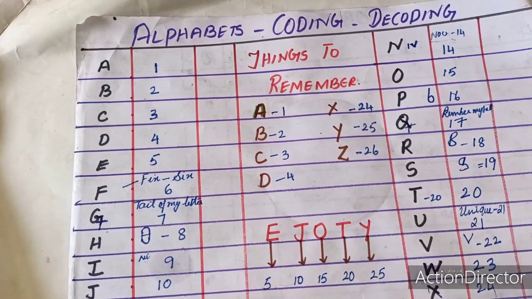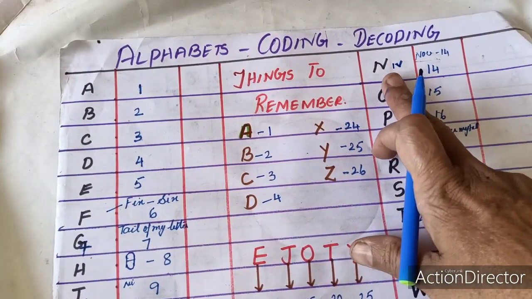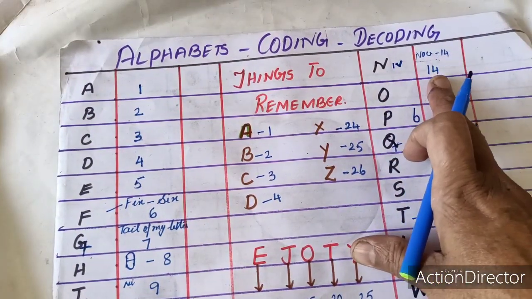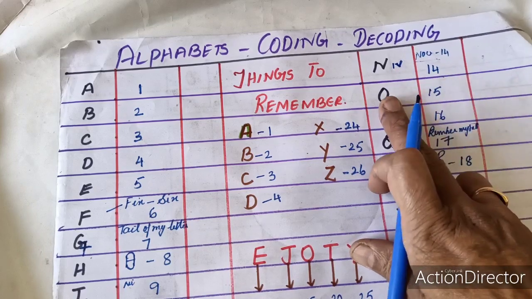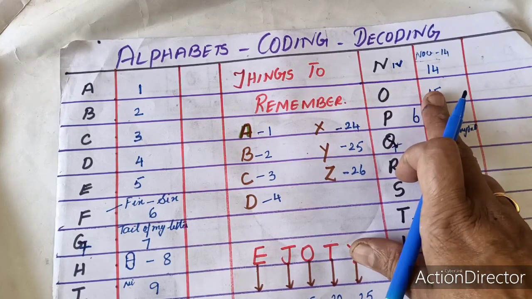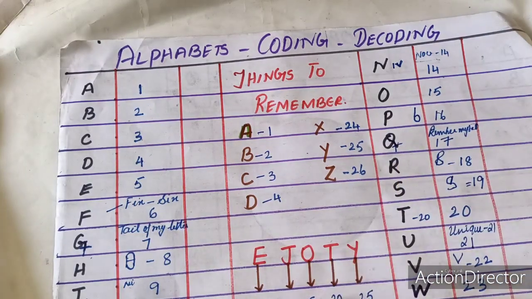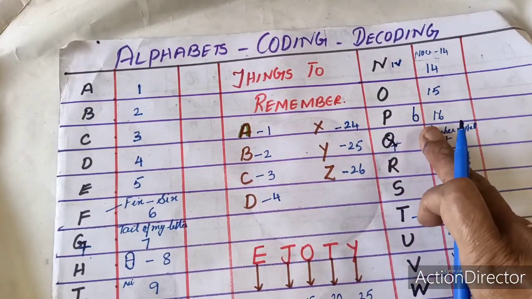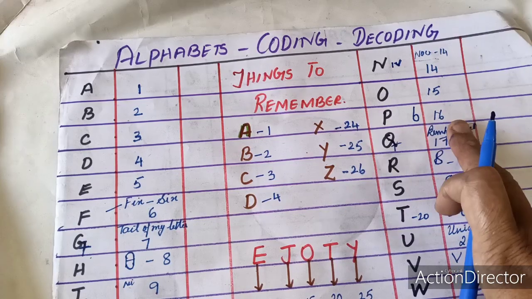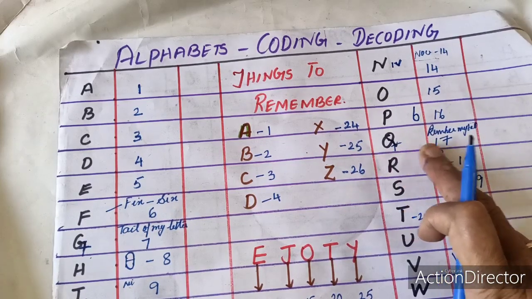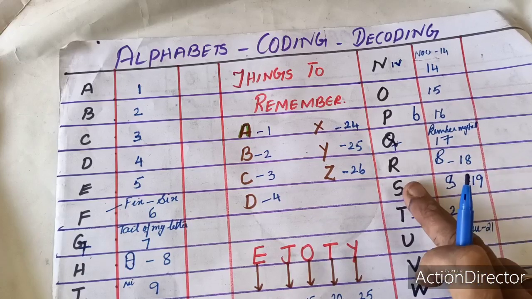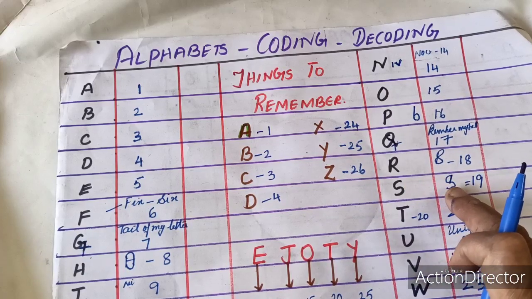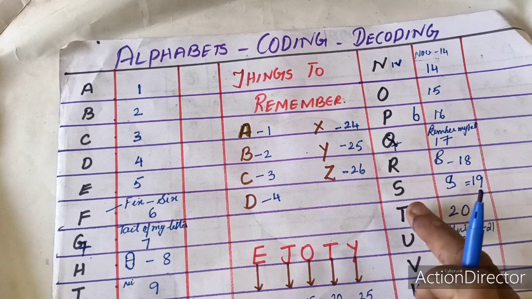Again, I'll repeat. N is number 14, or it looks like Roman number 4, also 14. O, you can remember it as it is, 15, also from HOT, 15. And P, if you reverse it, it looks like 6, so it is 16. Q, remember my tail, it is 17. And R, if you close it, it's 18. S, if you close it at the top, it looks like 9, it's 19.